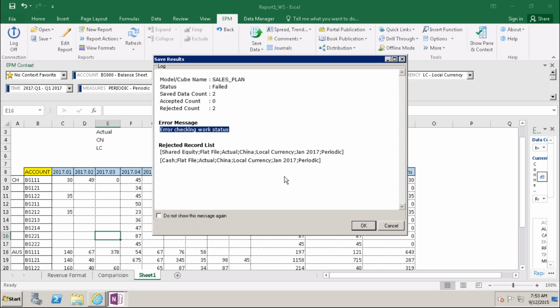So this is also one kind of locking method, a security to not post the data once it is approved by the higher management. This is how the work status will work out.